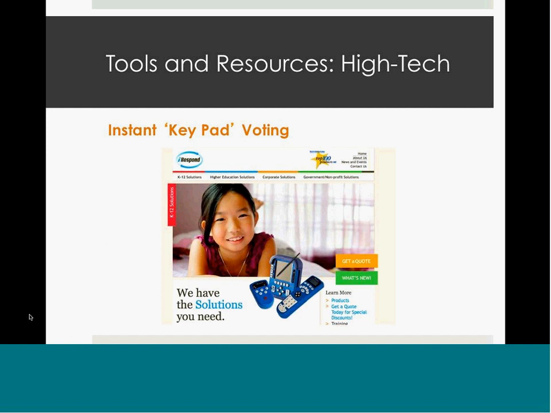So that allows those folks that may or may not have the ability or the desire to speak up in front of a big crowd the opportunity to still voice their opinions in a way that is shown in a transparent manner to the rest of the group. So those are technologies that you should definitely look into as you look to expand your engagement efforts. They are a one-time investment that you can buy several keypads to use for meetings across all of your public outreach efforts in the city.